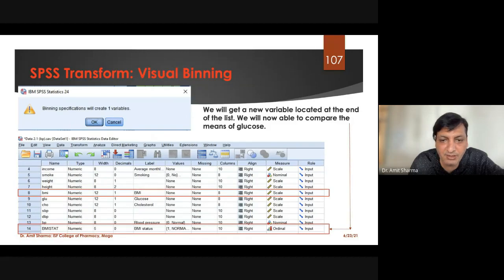and you can see here where I will mark that we have categories. So only one category is visible, that we have value 1 called normal, value 2 for overweight, and 3 for obese. So the software has automatically done the reading, 1 for normal, 2 for overweight, and 3 for obese, like this.